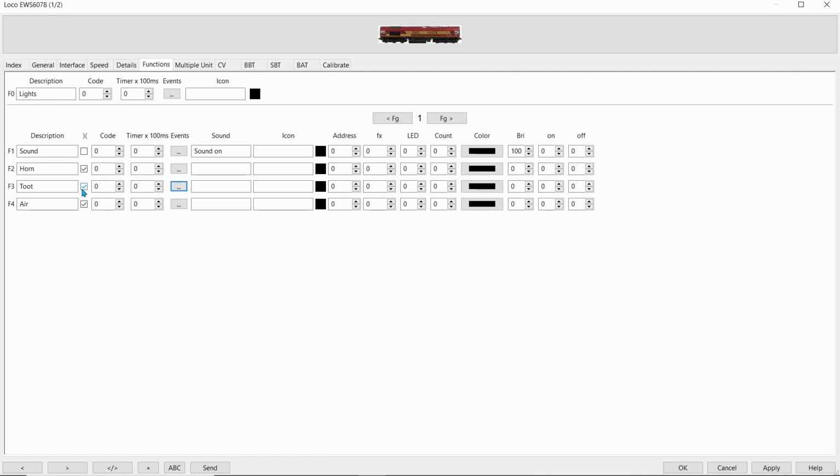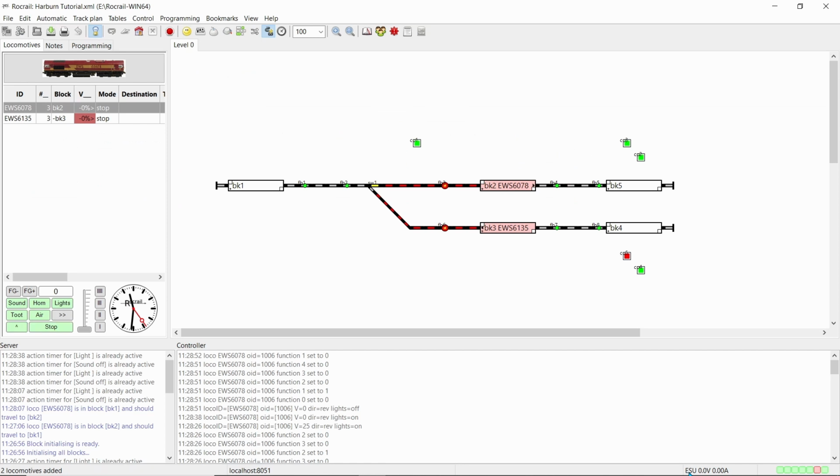And I need to give it a little bit of time to sound the horn. 0 milliseconds is not enough, so you'll have to experiment with it. If it doesn't work, try 10, 20, etc. And I find for this one here, 100 milliseconds is perfect for us. Do remember, click apply. OK.